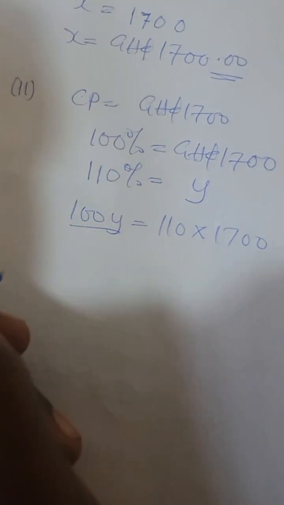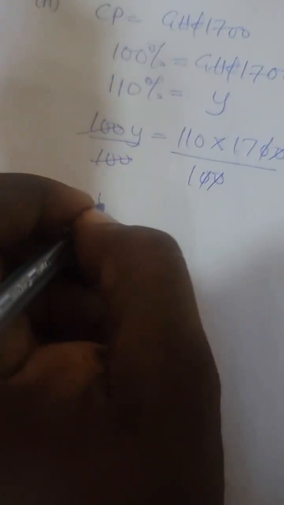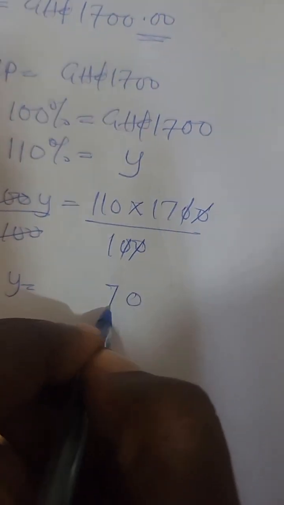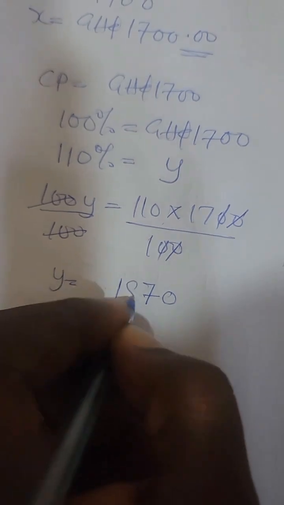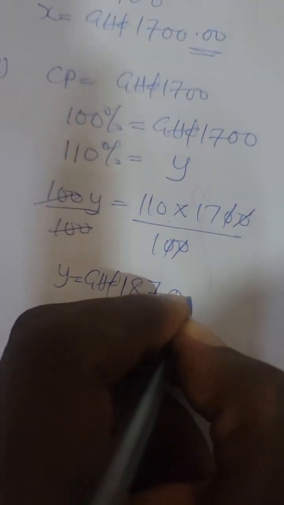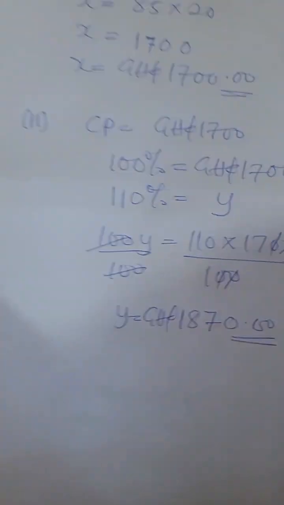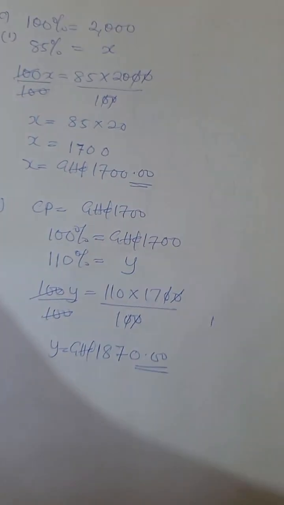Cross multiply: 100y is 110 times 1,700. Divide through by 100. This goes off. You take all the trailing zeros, so y becomes 17 times 0, 0, 17 times 1, 17. You have the 1 carried, 17 times 1, 17, plus the 1, 18. And that's a unique way of multiplying numbers, and that is 1,870 Ghana cedis. Thank you for listening to question